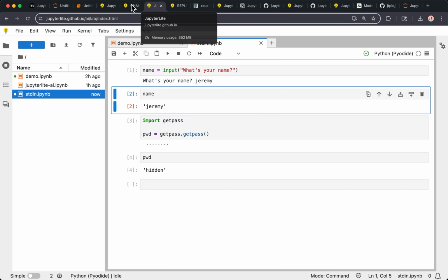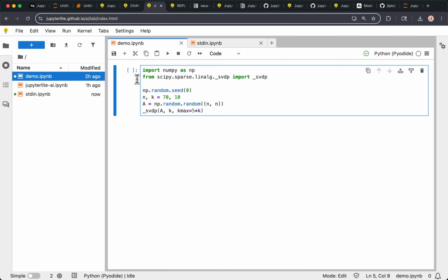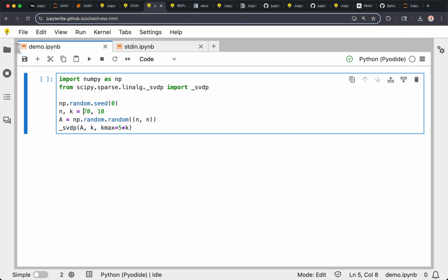Okay, so another feature that was also quite requested was knowing when there is something wrong going on with Python running in the browser. Python running in the browser is not that old, I think it's a couple of years old, but it can still face some issues because there are things that are not supported. For example, here, who would guess that this code snippet will make the kernel crash? Probably no one. But actually, yeah, it does.